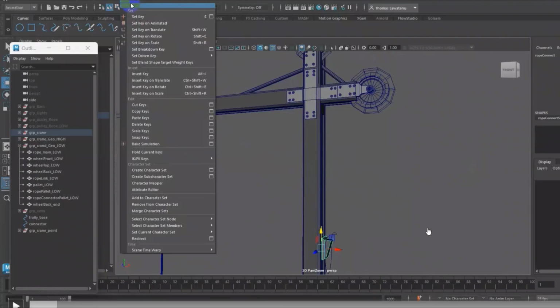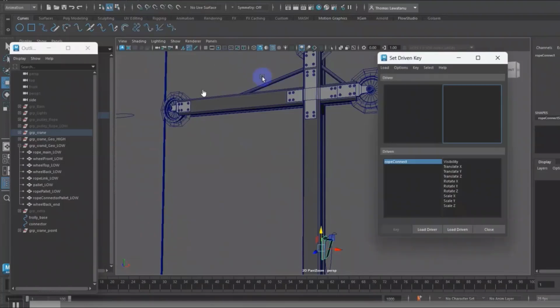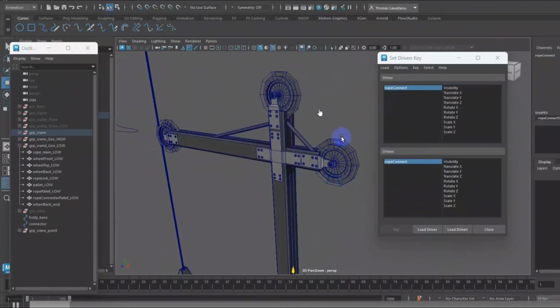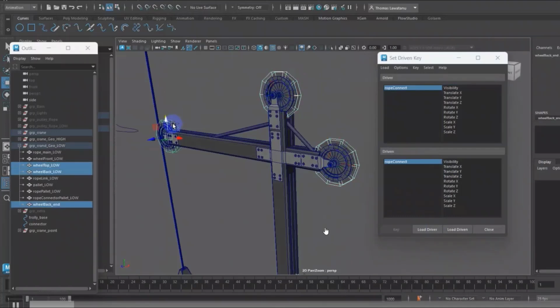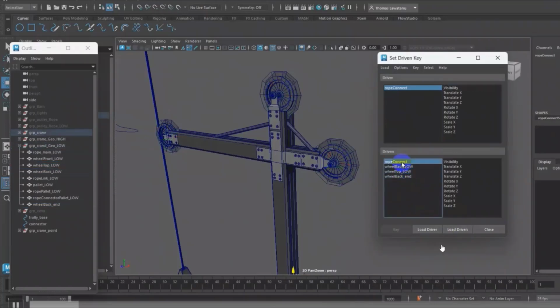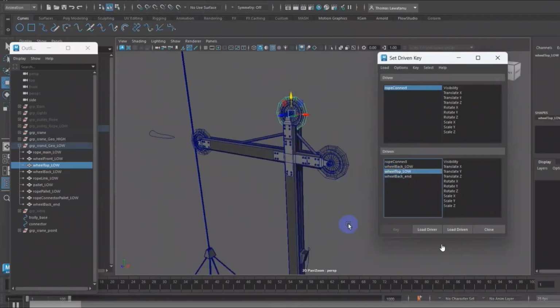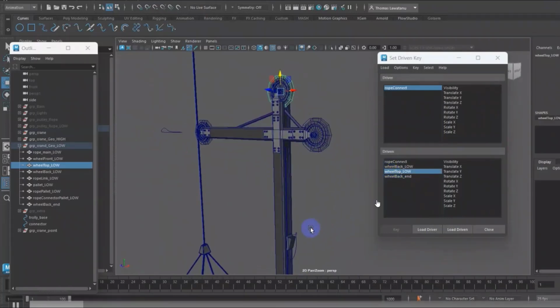In this case I need to use set driven key. It is easier to create a simple animation, so you don't put in a lot of keyframes. So I choose the three wheels and then load driven. Once you get the one you want to set, let's say once this switch goes up.